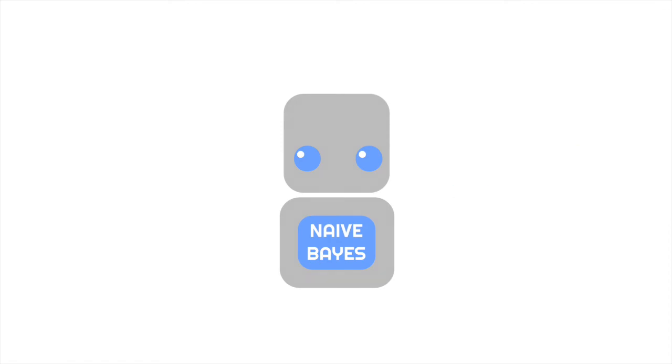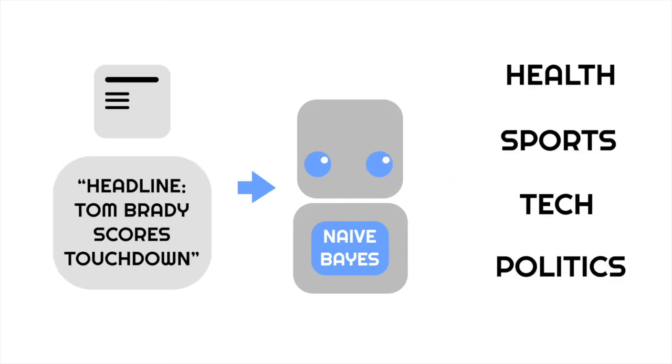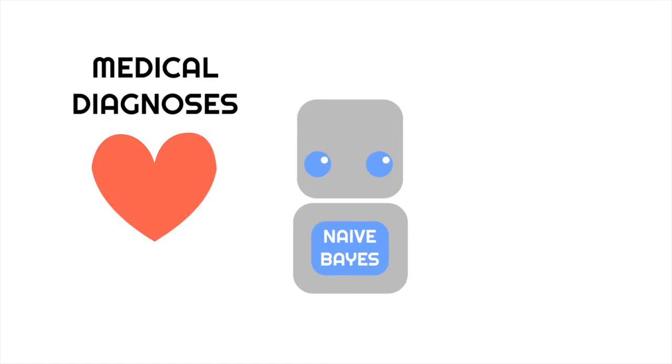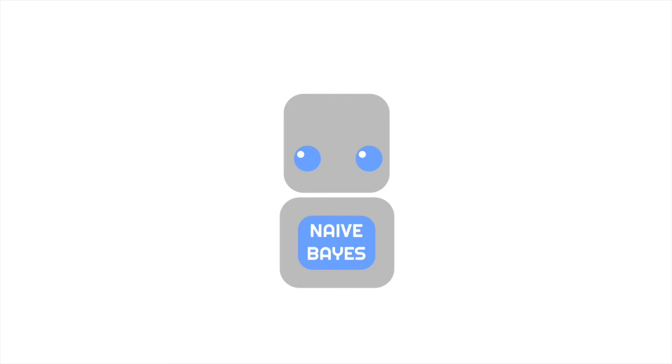Naive Bayes can be really powerful in other cases too. It can be used for things like determining whether email is spam or determining what type of news category an article fits into. By changing the features we give it, naive Bayes can even be used outside of NLP and text to do more powerful things, like performing medical diagnoses or facial recognition. However, while it can be powerful, it is not perfect.